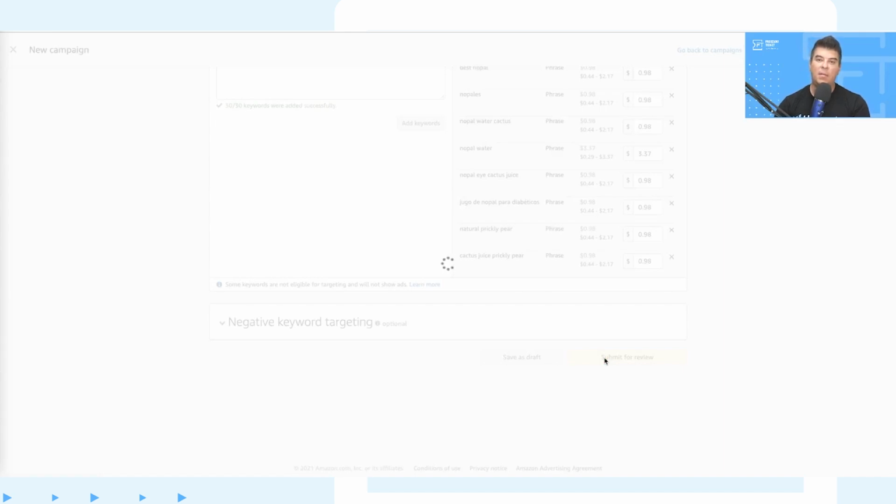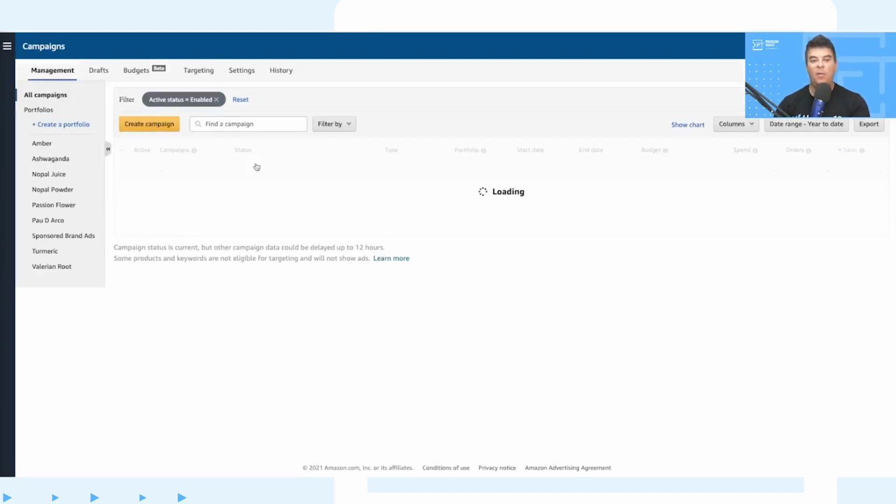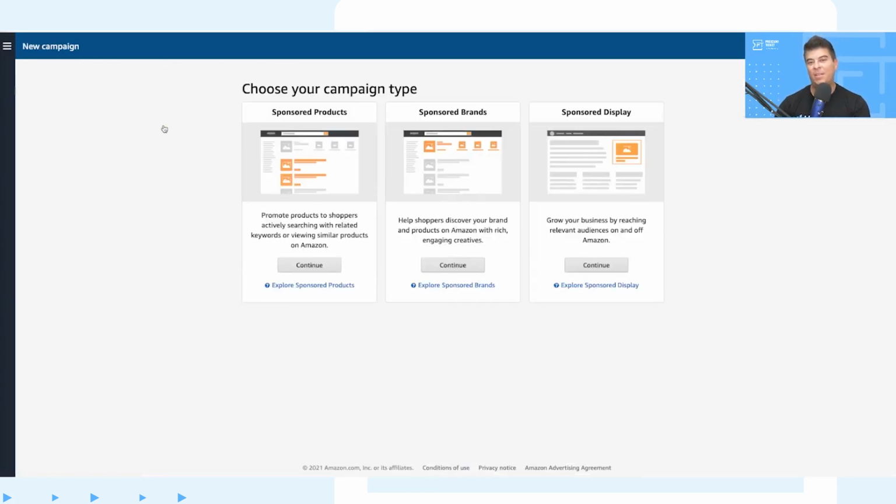Because this has some logos in it and an image potentially, or at least the headline, it does take 72 hours for approvals on these, and that's maximum. I generally see 24 hours, but it can take up to 72 hours to get approvals on this type of campaign. So again, the other campaign type that is really important to do once you get the opportunity is your